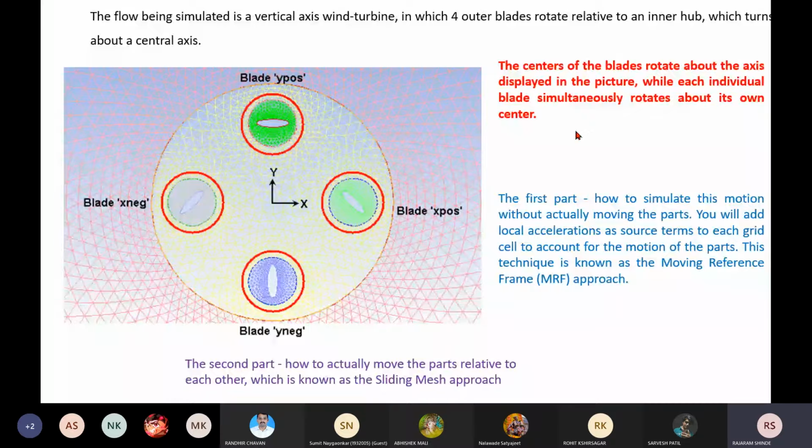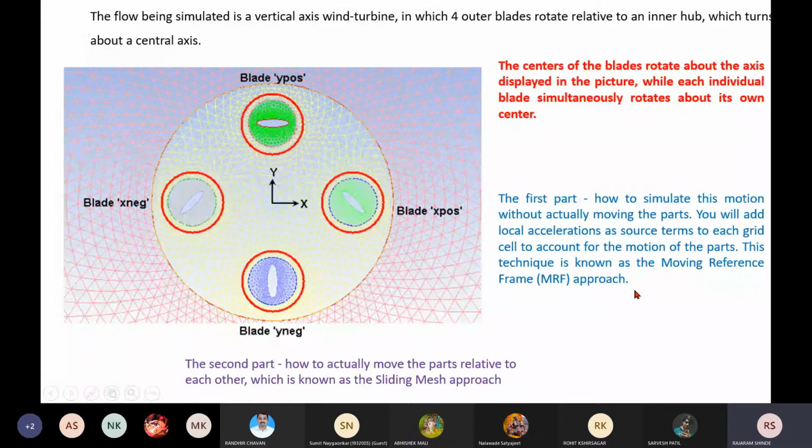That is known as a moving reference frame. Here you add the local accelerations as a source term to each grid cell to account for the motion of the parts. This technique is known as the moving reference frame approach.